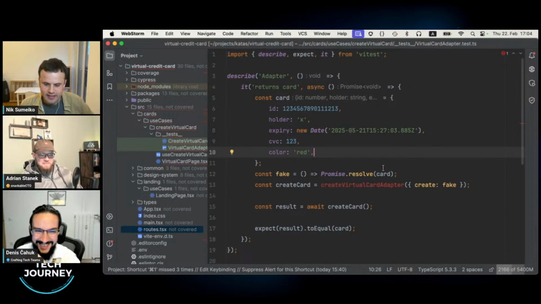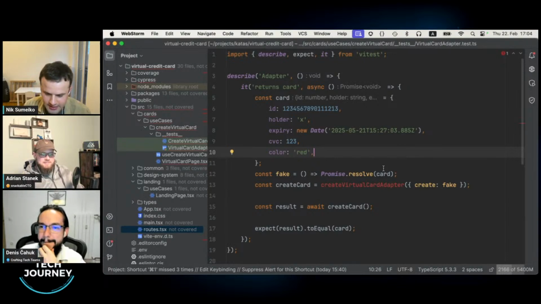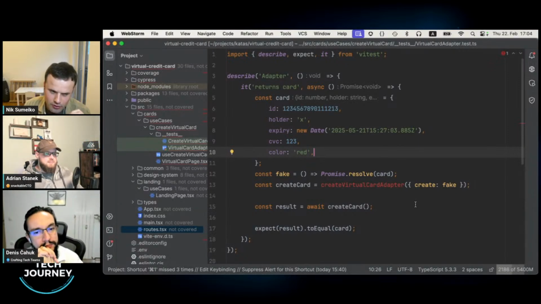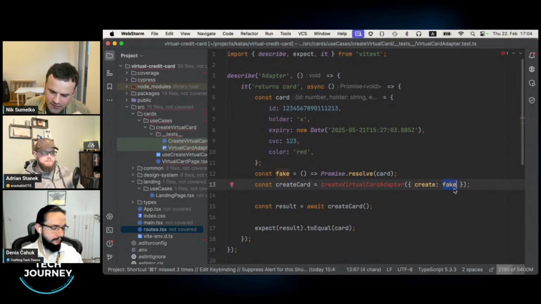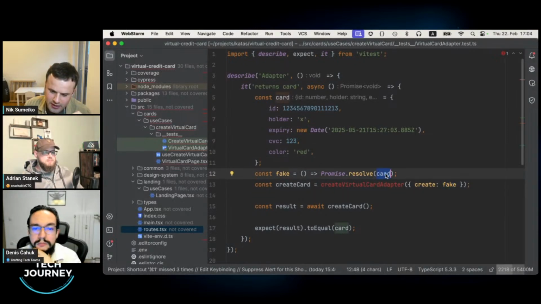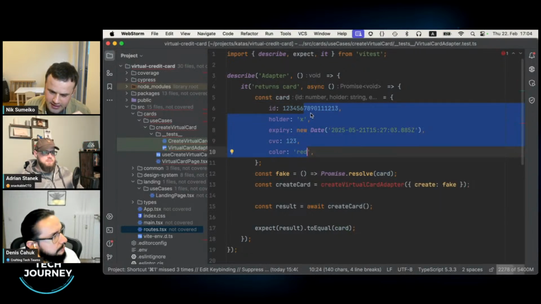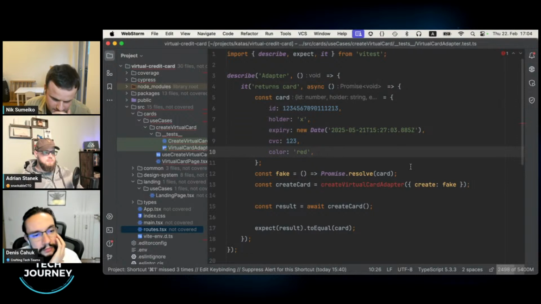Okay, so I created such a file. Such a test, and this test assumes there will be some create virtual card adapter where I know that this code I talked about before will be communicating with the outside world, in that case with a Visa SDK. So I create a fake for my Visa SDK that will return a fake card following the interface that Visa SDK actually provides.